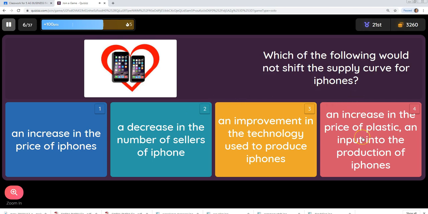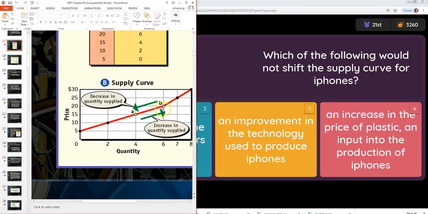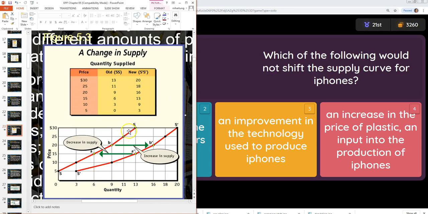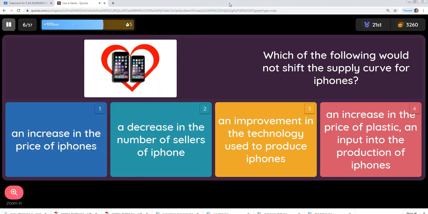These three would cause a shift of the supply curve, because they don't have anything to do with price. There are other things besides price that are causing movement. So the only one that would not cause a shift in the supply curve would be a change in the price. Price would just cause movement along a single curve. Movement along a single supply curve would be caused by a change in price, whereas change in supply occurs when a supply curve moves either to the right, which is an increase in supply, or moves to the left, decrease in supply, and it occurs because of something other than a change in price. You can review your notes and see that. Also, the book gives a good discussion about that. Chapter 5,